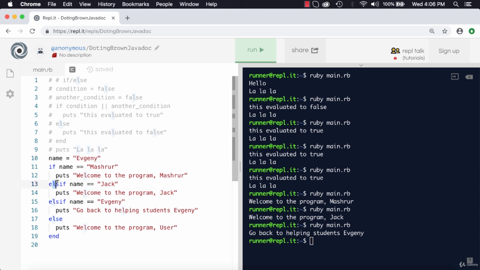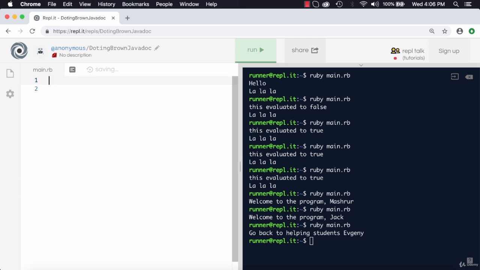There is another way in Ruby. Instead of using else if, you can use case. You can grab a variable as the case, and case Masroor, you can do this, case Jack, you can do this, and keep going that way. I'm not going to show that here, but that's another way of doing this as well. But if and else if is pretty much near universal in all programming languages as to how basic branching is done. Okay, now that you're familiar with branching, let's go back to our calculator program